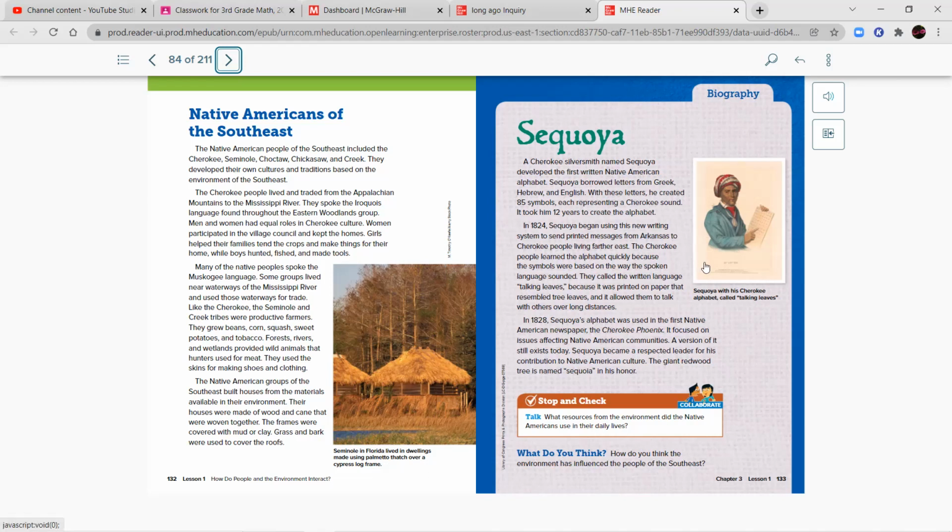Sequoyah. A Cherokee silversmith named Sequoyah developed the first written Native American alphabet. Sequoyah borrowed letters from Greek, Hebrew, and English. With these letters, he created 85 symbols, each representing a Cherokee sound. It took him 12 years to create the alphabet. In 1824, Sequoyah began using the new writing system to send printed messages from Arkansas to Cherokee people living farther